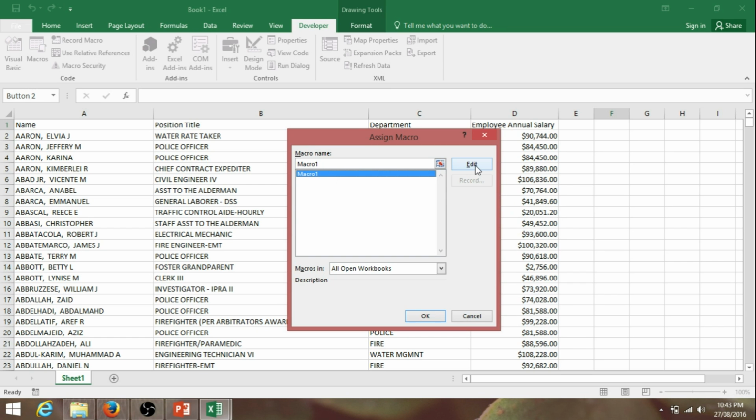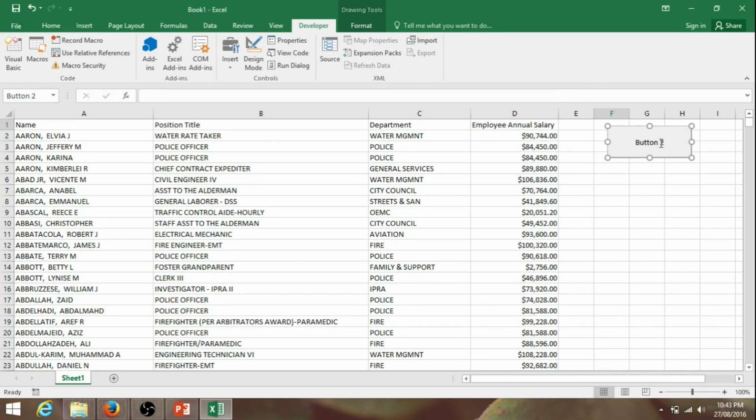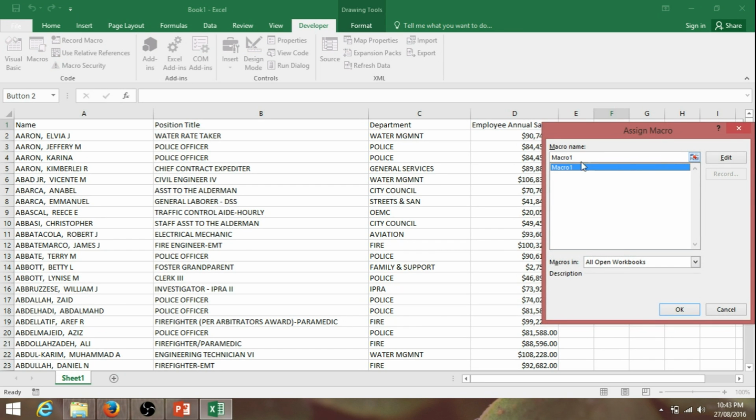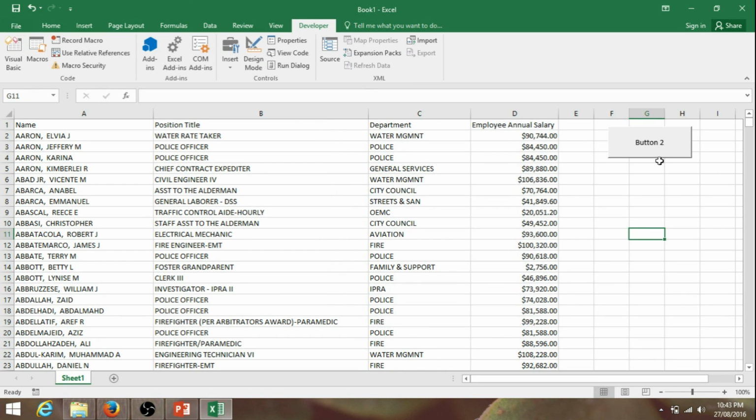If you have not forgotten, that is referencing the macro name over here. Okay, so let's close this down, and then just visually inspect that. Oops, it's not committing to the macro one. So let's just reselect that and make sure you click OK. And if you run it from here,